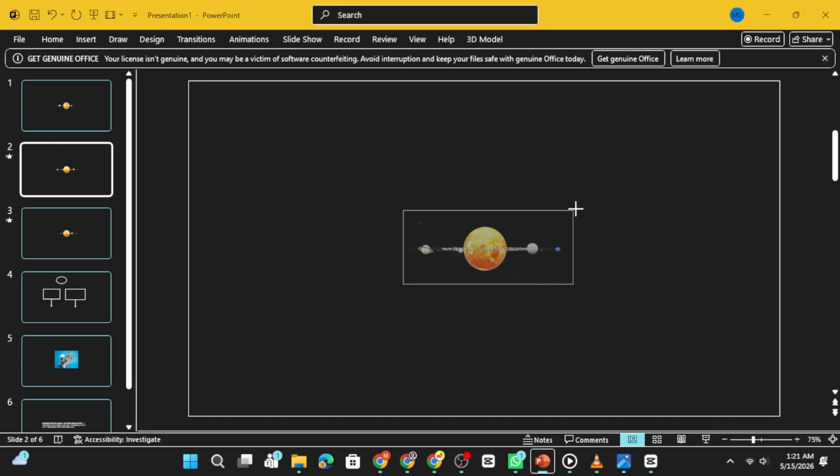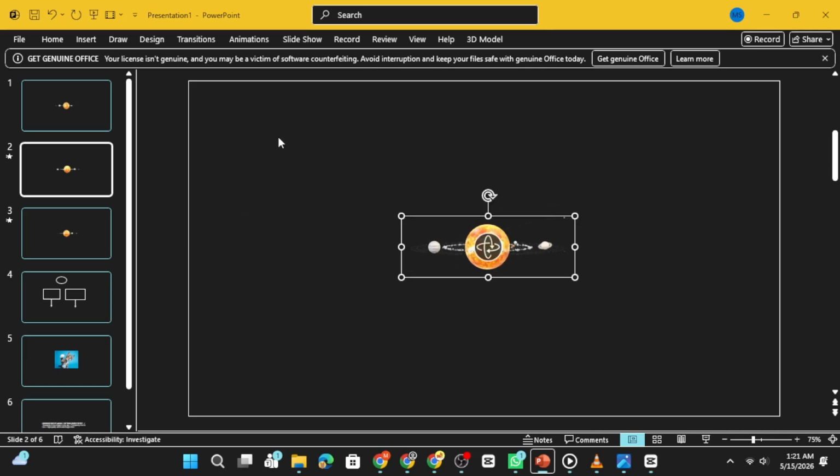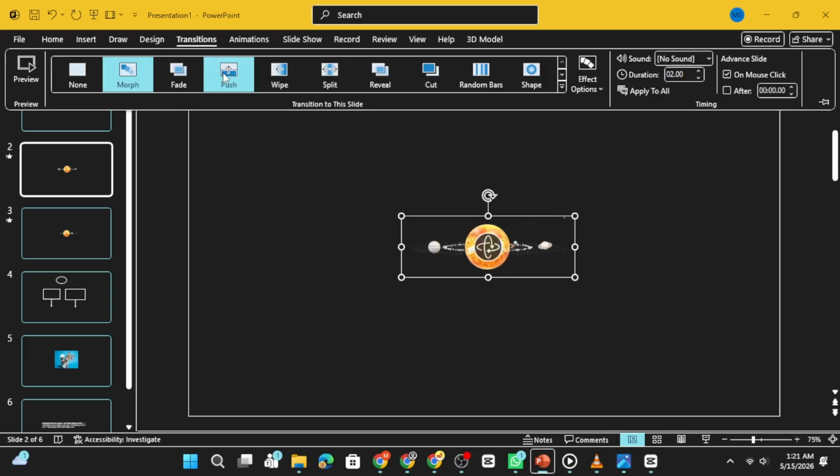You'll see the planets smoothly move, rotate, and transform from one slide to the next, giving your solar system presentation a professional and engaging appearance. You can continue